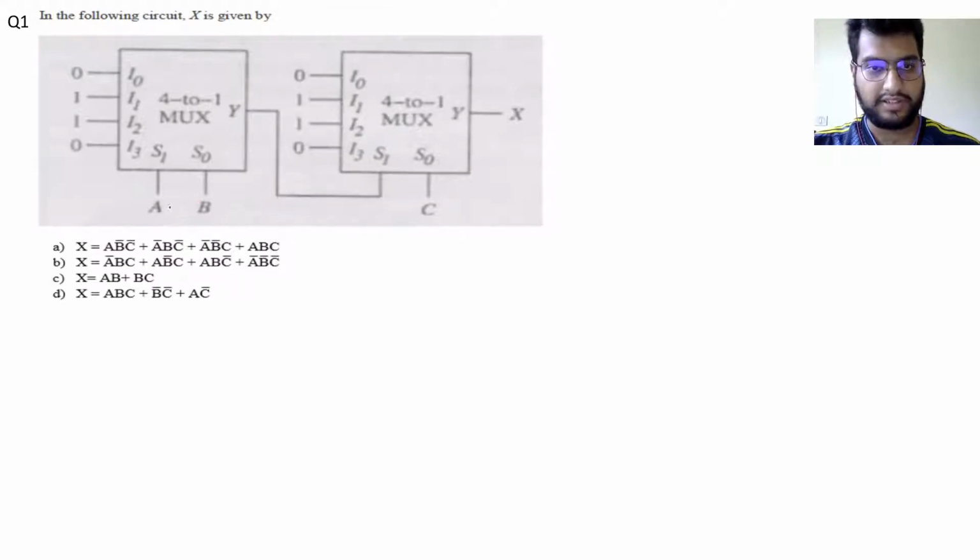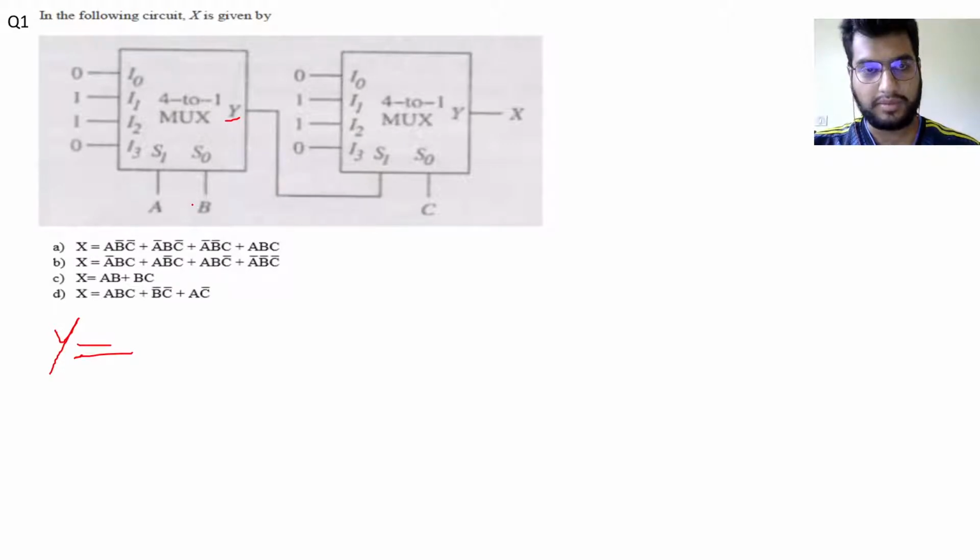What we have here are inputs, variables A and B, that are input to the select lines S0 and S1, and these are our input lines to the mux. Once AB is 0 0, this line gets selected. Once it's 0 1, this line gets selected. When it's 1 0, this line gets selected, and when it's 1 1, this line gets selected. So we can write our equation, I will just call this Y. So Y will simply be equal to